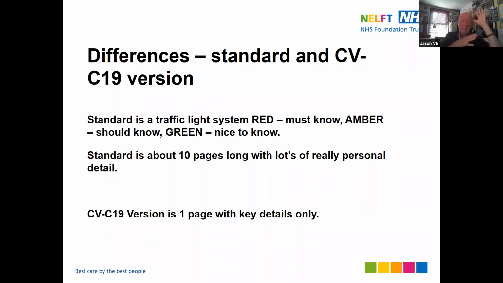The one thing that sounds like I'm criticizing this one is, if your name is John Smith, that could be a little bit of a problem, because the only identifying detail on that one-page COVID-19 hospital passport is literally the name. So it might be an idea to put a name and something else, like a date of birth. There's literally only a box for a name, and then straight away next of kin and contact phone number. That's all there is in terms of identifying details on the COVID-19 version, but it's specifically around the main communication